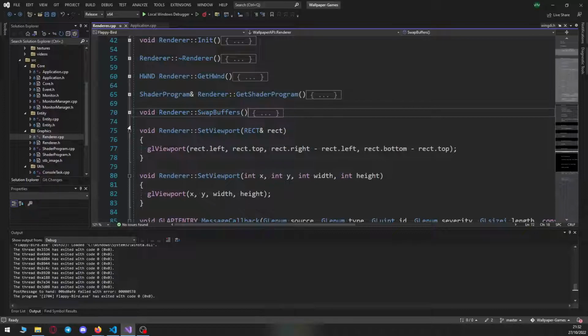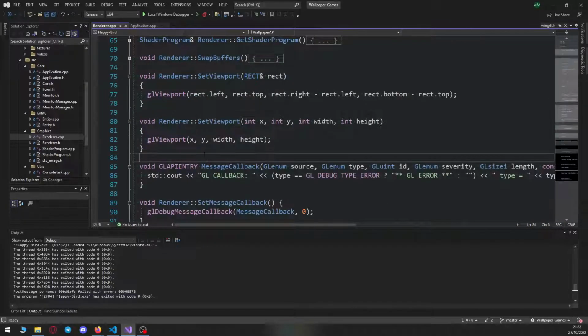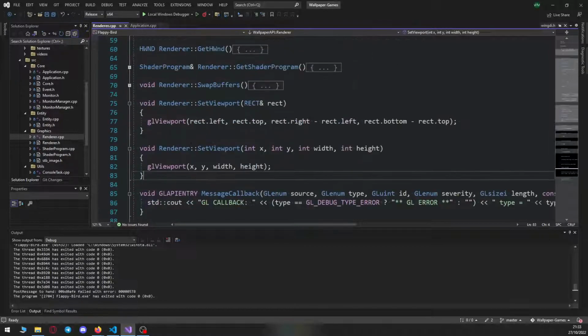I think I read these. Let's see this. Okay, so buffer set viewport. What I also want is a set viewport. Well, I can just do